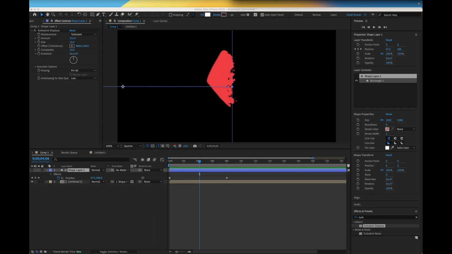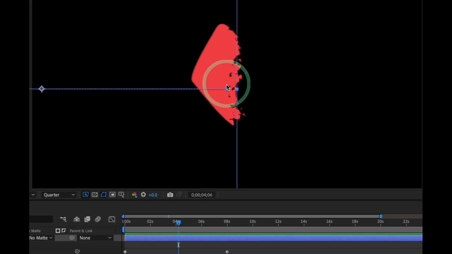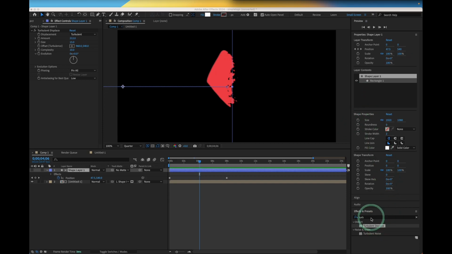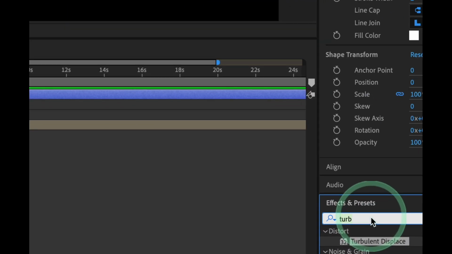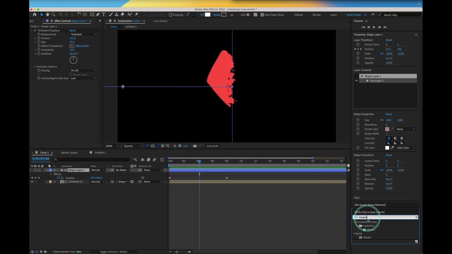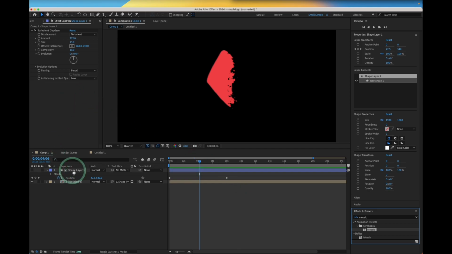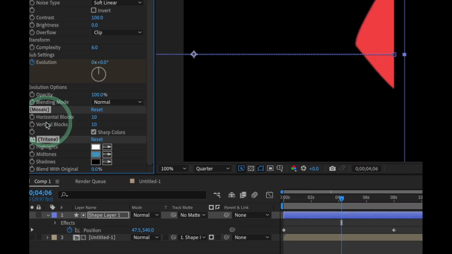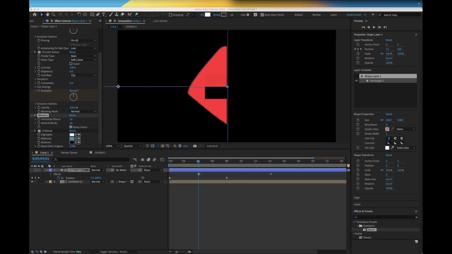Now, what about this kind of look, right? It's too sharp. So we can actually go here to effects. I hope you can see. And here we can write mosaic, and I should be able to find this effect here. Now I grab this and put it here. Now we have this mosaic effect here. Now what I'm gonna do here is